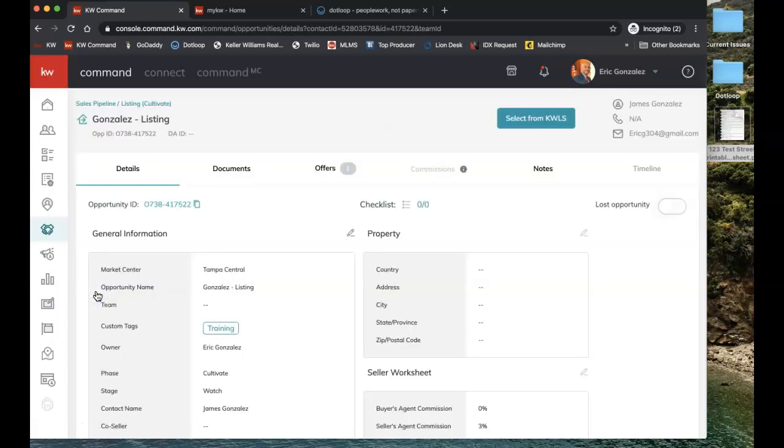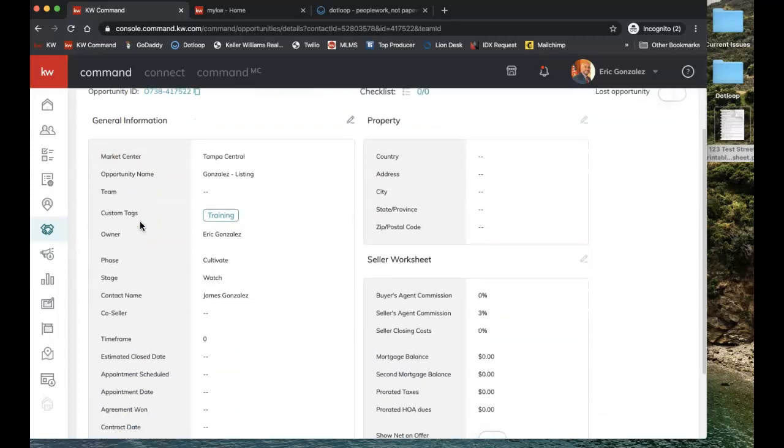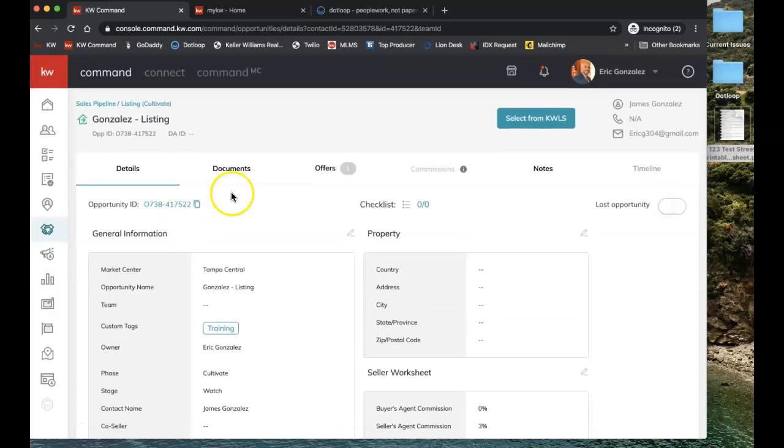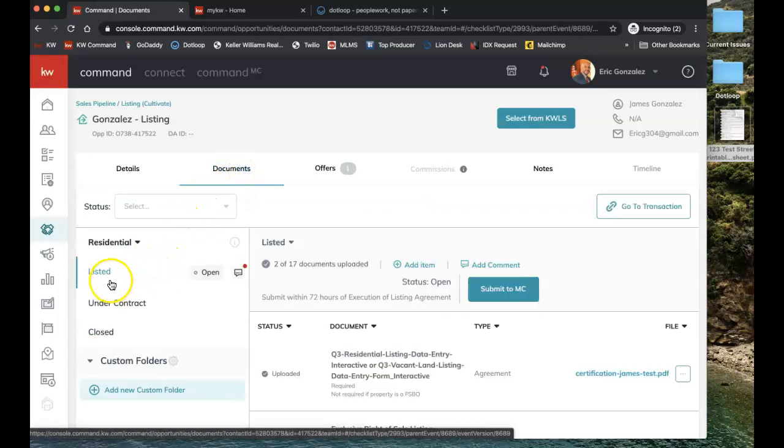The details tab, of course, is going to show you all your information that you've entered in or that the system has auto-populated for your opportunity. But for today's example, we're going to go to documents. So under documents, you of course have the